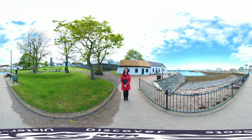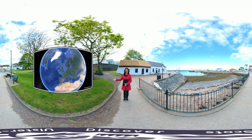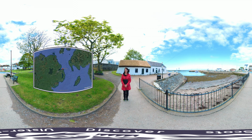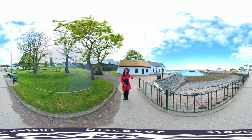So today we are in the beautiful little village of Groomsport, which is about halfway between Bangor and Donaghadee on the County Down coast. If you look to my right hand side, you'll see a location map to show you where Groomsport is. And now if you look to my left, you'll see the beautiful blue waters of Belfast Lough, which divides County Down from County Antrim. Now, tradition holds that it was Vikings who first established a little pier in this area,